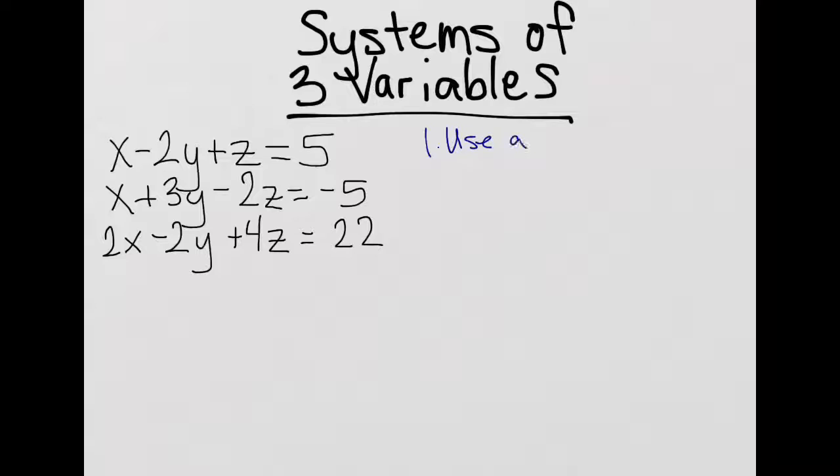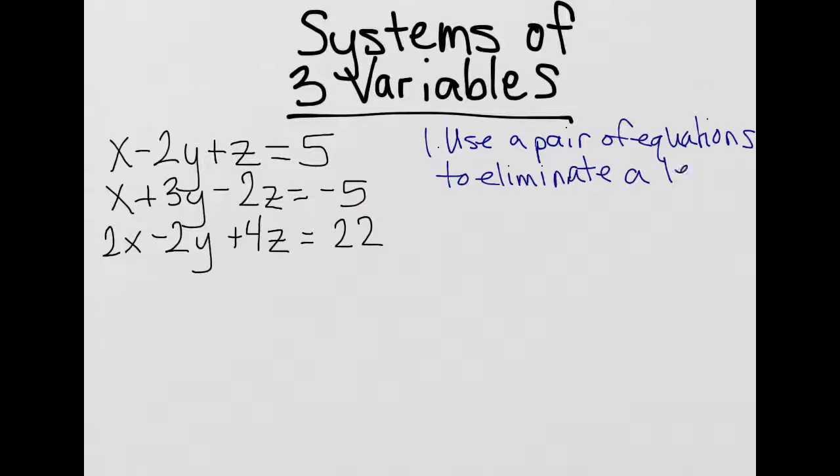So use a pair of equations to eliminate a letter, or a variable. Okay, so if we look at what we have here, it might be z or x or y. Really, any of these variables we could eliminate. Let's go ahead and eliminate